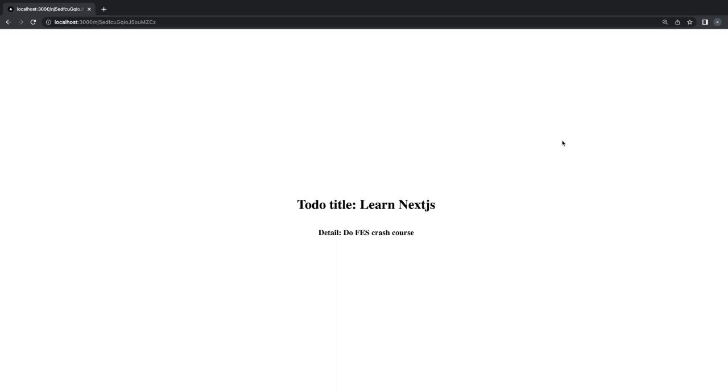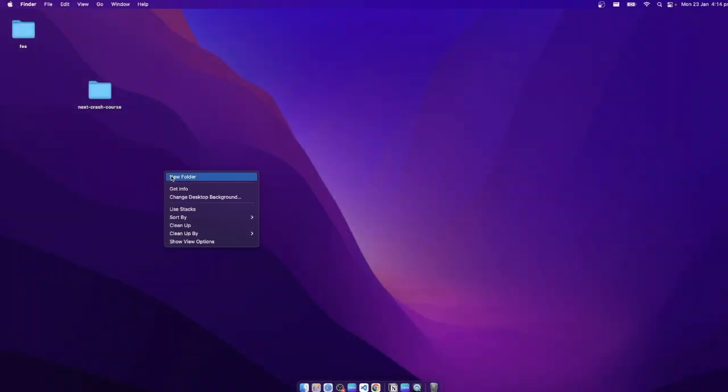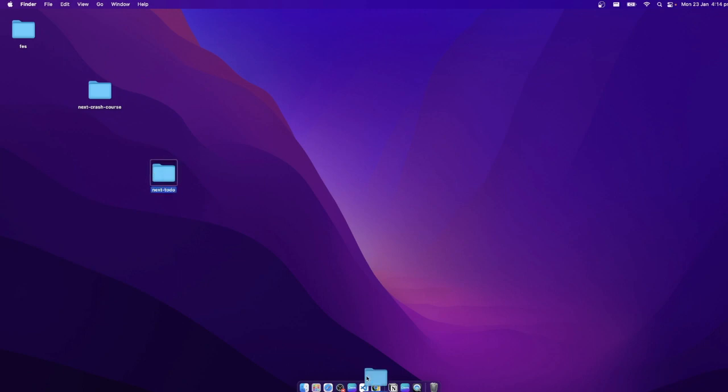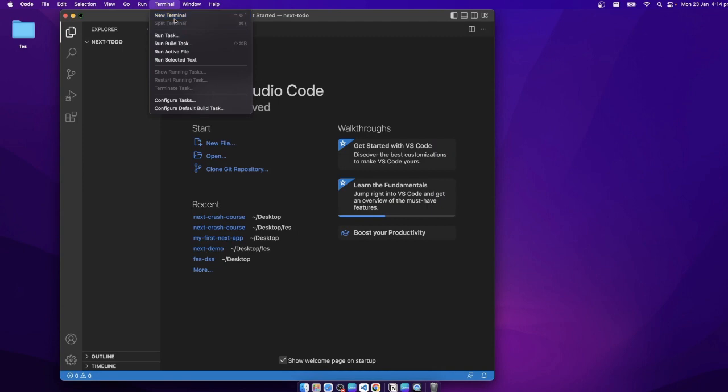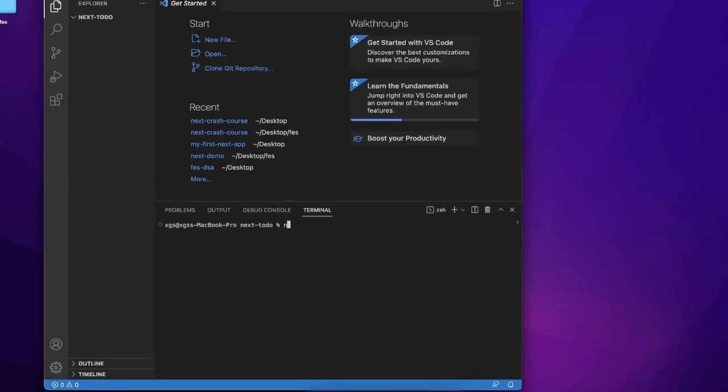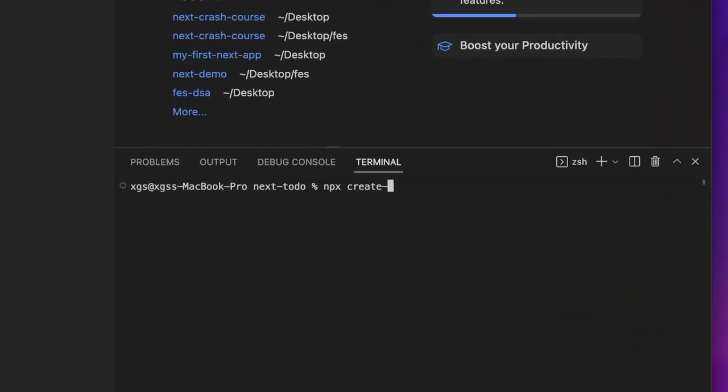So let's get started. So guys, go to your desktop and then create a new folder. I'll be calling it Next To Do. And then open this folder in VS Code and then open up your terminal and then type the command npx create next app and a space dot to make sure that it's installed in the current folder. Once you press